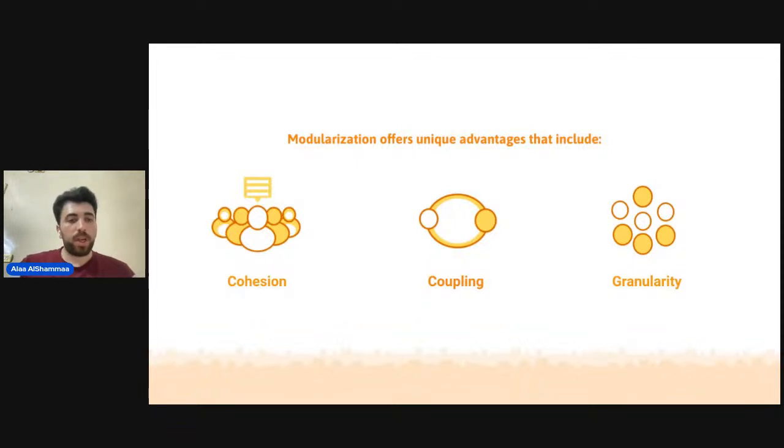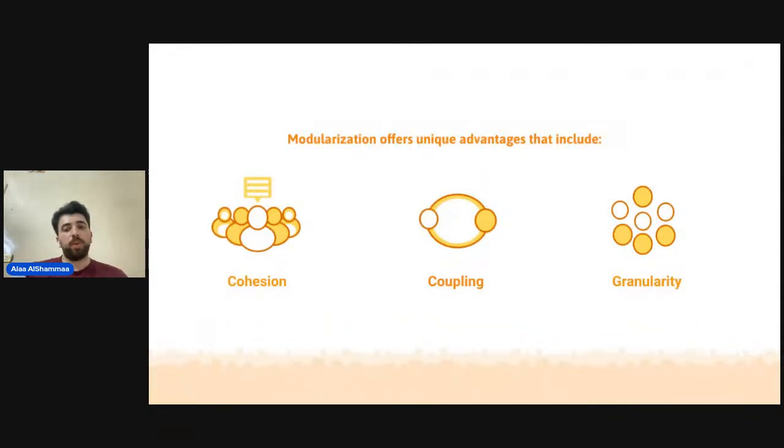By cohesion, I mean that a cohesive module is a module that acts as its own system. Very clear, it acts as its own system. With coupling, a loosely coupled module is one where if you modify or alter another module, this module won't be affected by that. And granularity is a metric for measuring how many features you have in that project.